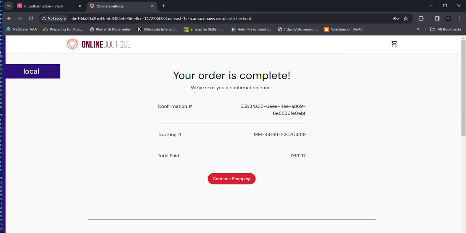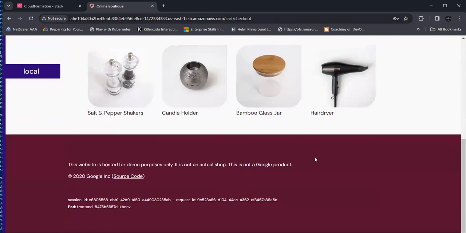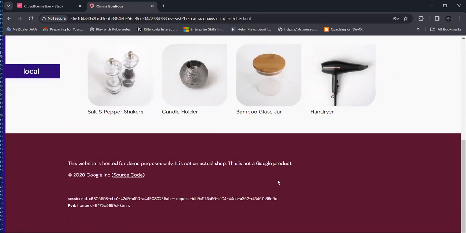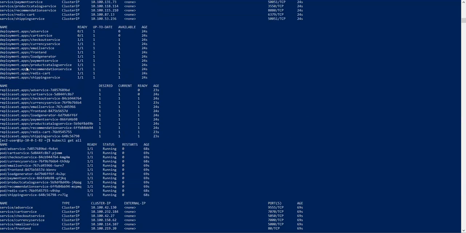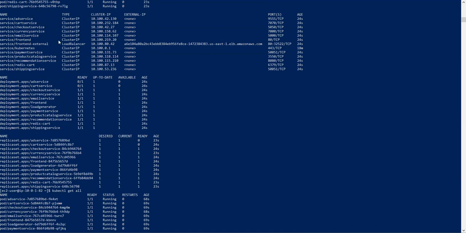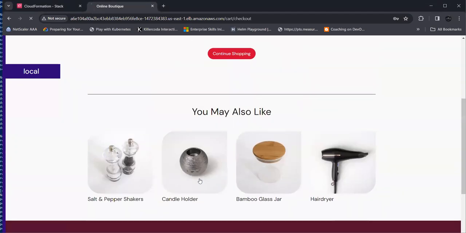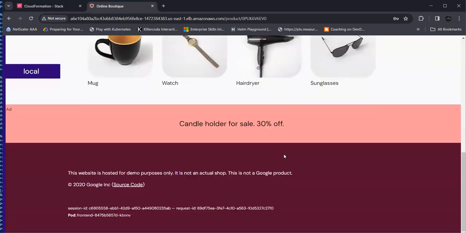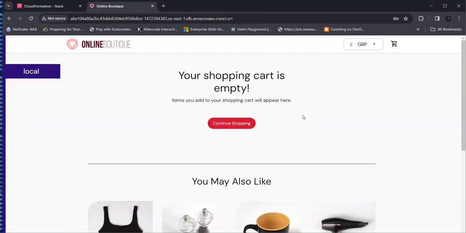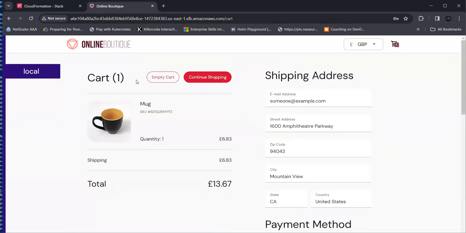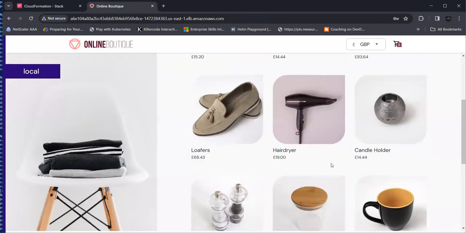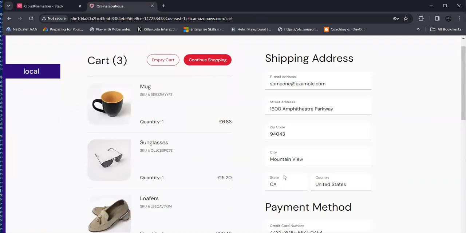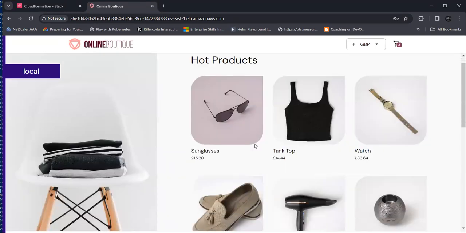We didn't integrate with mail or anything like that. So this is the way. So my cart is